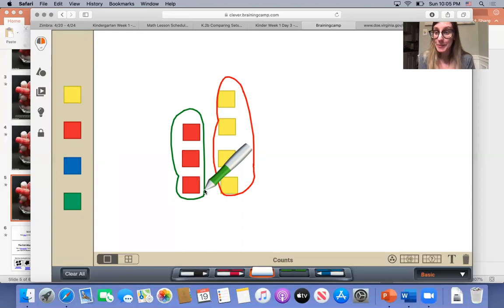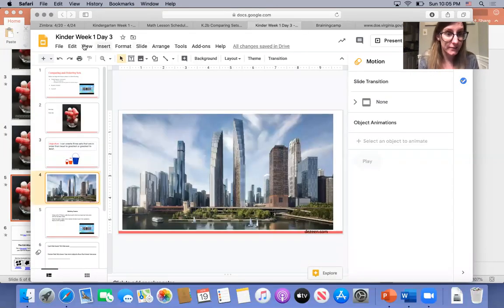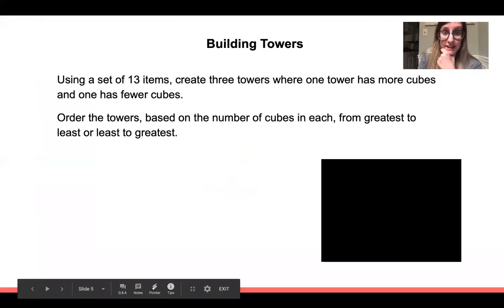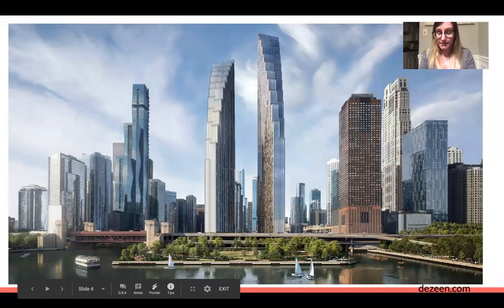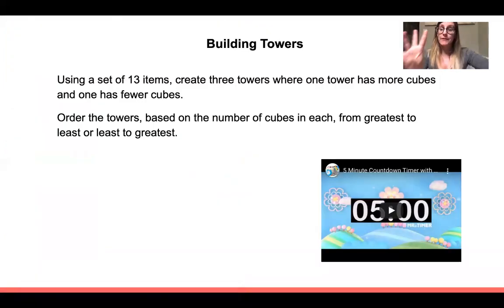Wow. Were some of your towers bigger or greater than your other towers? They had more objects in them? And I bet some of your towers had fewer objects or they looked smaller. We are going to be doing the same type of tower building with a task today. And your city, just like this city has, is only going to have 3 towers.